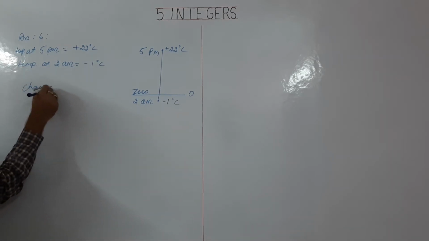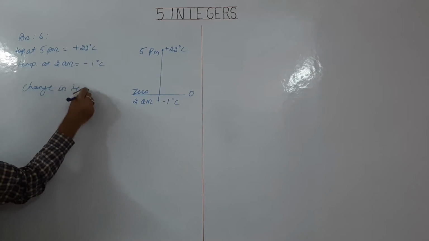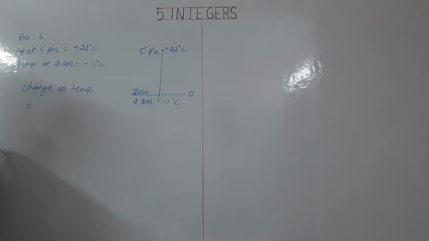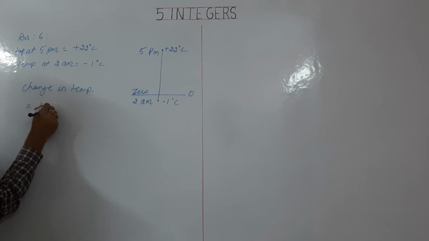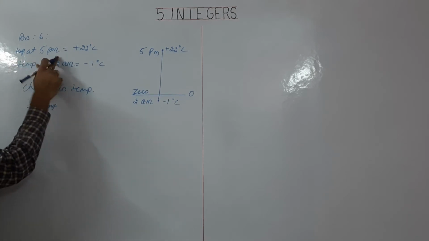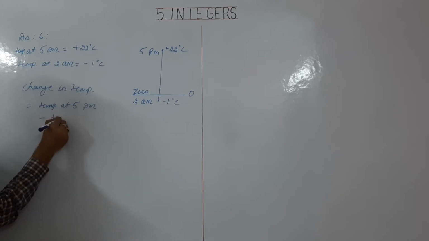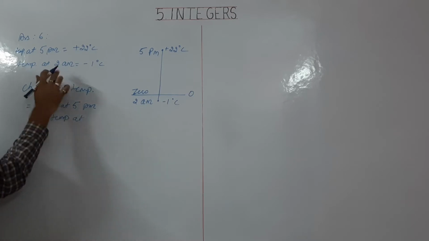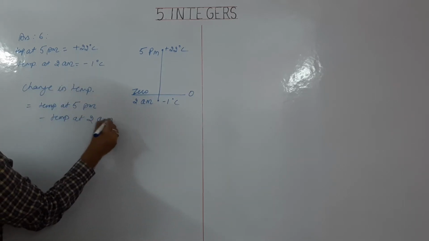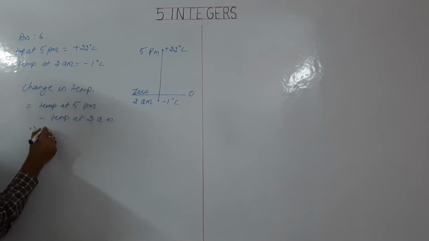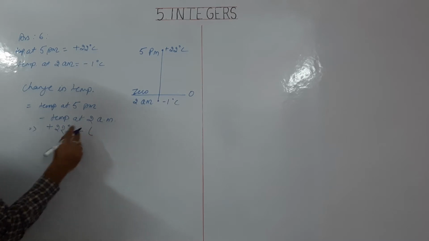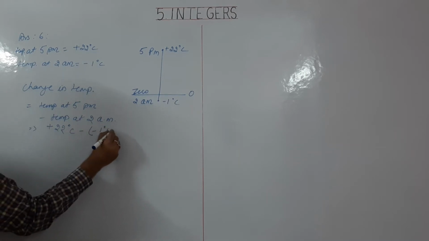So change in temperature equals temperature at 5 p.m. minus temperature at 2 a.m. So the net change in temperature is plus 22 degrees centigrade minus of minus 1 degree